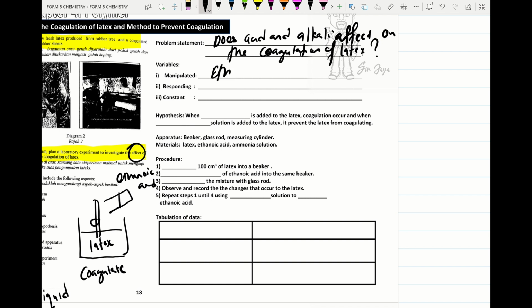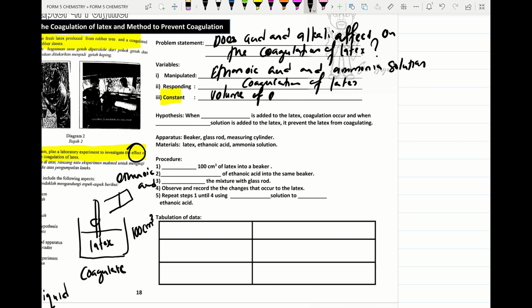So here we will put ethanoic acid and ammonia solution. All right, the responding variable will be coagulation of latex, and for the constant variable, we will make sure the volume of ethanoic acid,